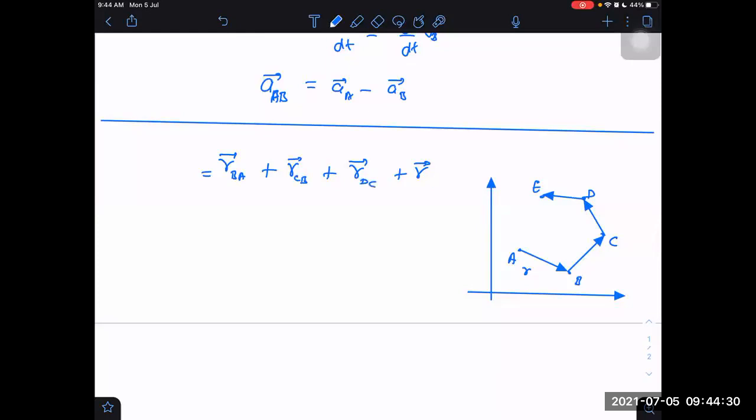Sir, in the plus above this, also acceleration AB means AB minus A, no sir. What? In the above position vector of acceleration AB, A with respect to B is acceleration B with minus A with respect to A. No. What are you even talking about? This wording is itself wrong. But say it again. I want to break your sentences, and I want to tell what is wrong in that. Say it once again. Acceleration of A with respect to minus acceleration of B with respect to. What are you even talking about? Say it once again. Sir, no. Exactly, I don't know how to pronounce that. Sir, that's why I'm asking.